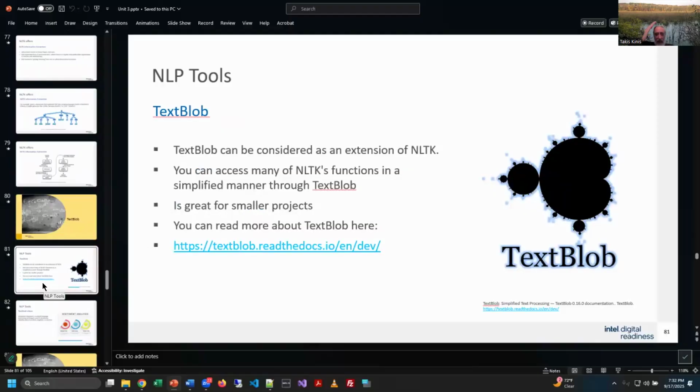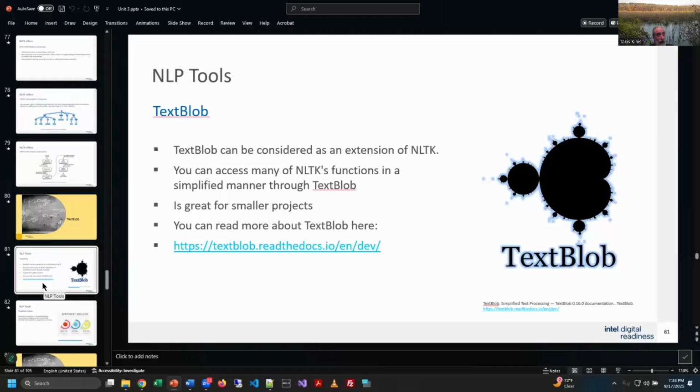Another tool is TextBlob. And you can consider this, as it says here, basically an extension of NLTK, and you can use some of NLTK's functions through TextBlob. So TextBlob becomes basically an interface for a simplified transaction with NLTK, right? Kind of like remote controlling something, in a simpler fashion than manually doing it.